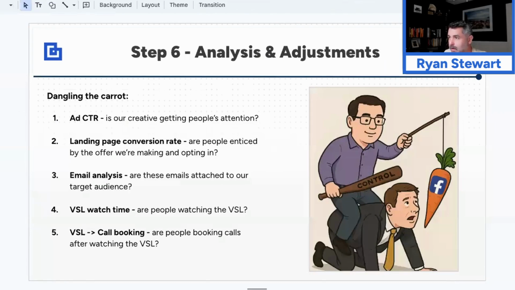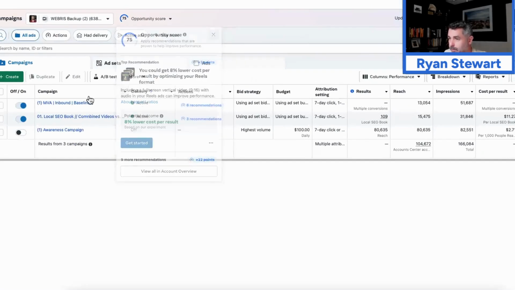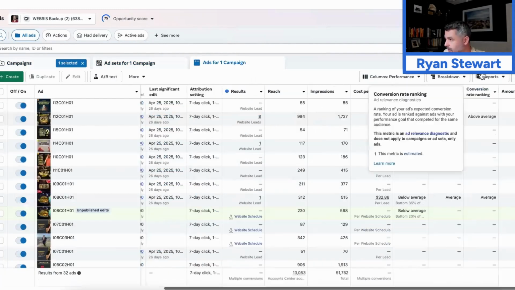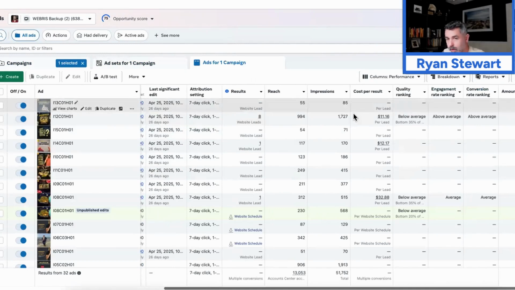First thing we want to look at, ad click-through rate. How do we find ad click-through rate? So I'm going to come here to my ad sets, come over here to ads. I don't have it pulling through here, and I'm going to show you how to pull some different data